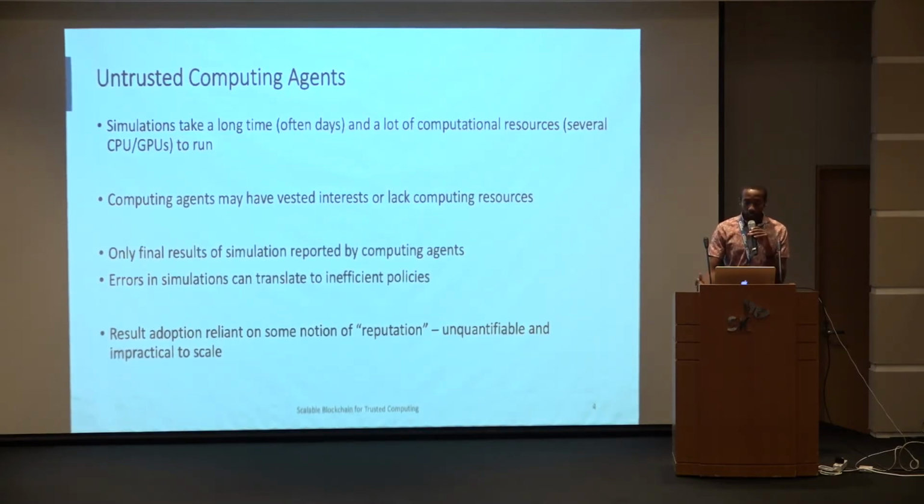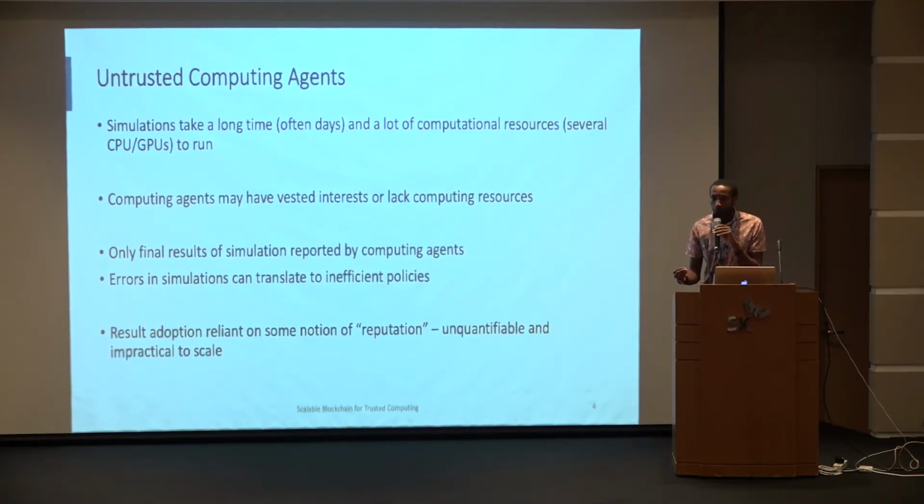Computing agents may also have their own vested interest or lack of computing resources. You can imagine running a simulation for days, and if it gets into an error, or if you don't evaluate it rightly, that is detrimental because you're dealing with healthcare. And so it can be really challenging in terms of